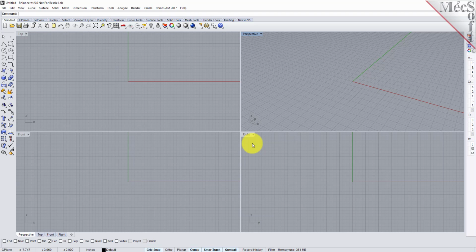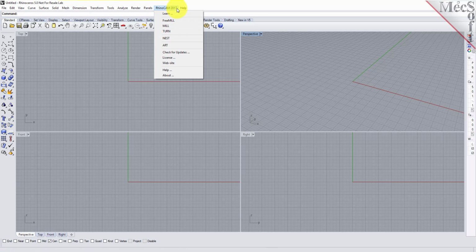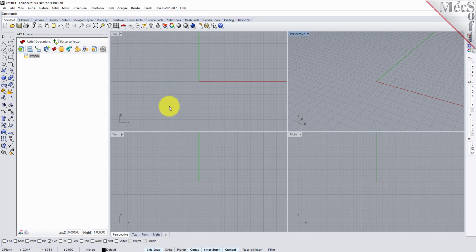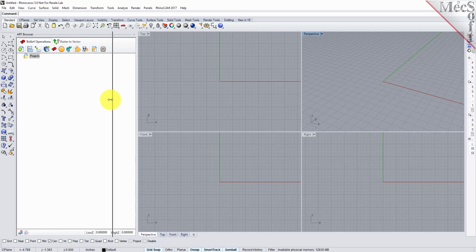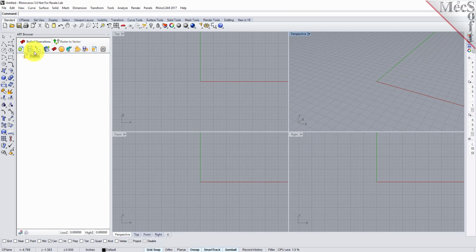Now, let's begin by launching the RhinoCAM ART module. From the Rhino main menu bar, you will see the RhinoCAM 2017 main menu. Drop down the menu and pick ART to load the ART module. Docked on the left, you will see the ART browser. You can resize the width of the browser, making sure that all of the command icons and menus are easily